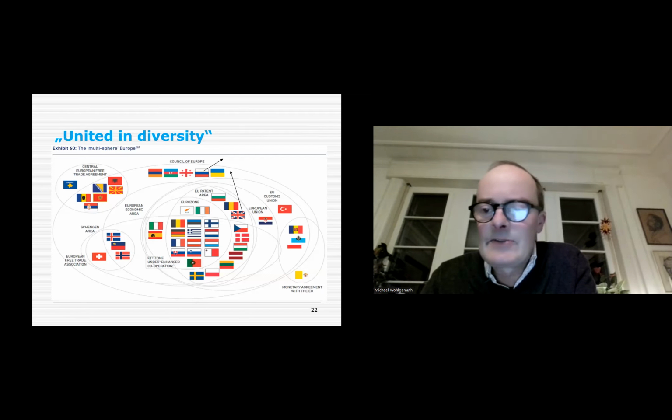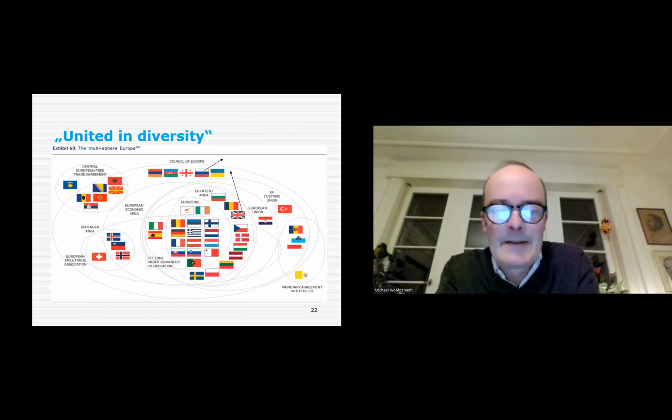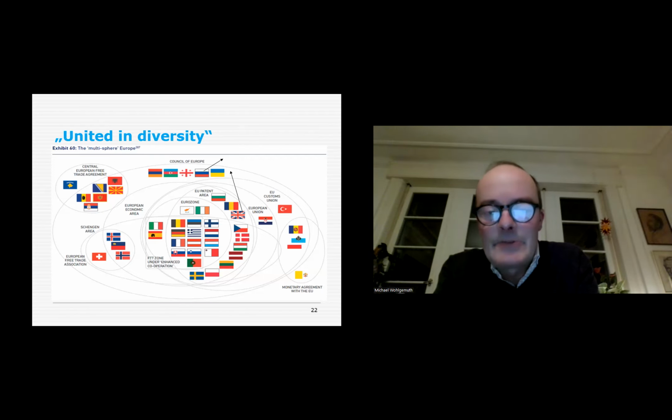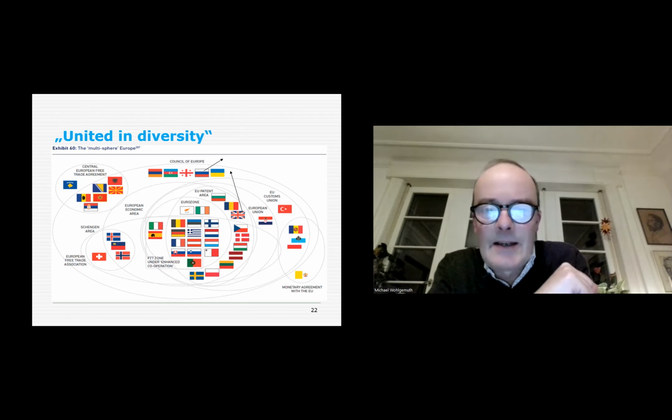And here, finally, this is my final slide. Gerhard already knows it. This is the Europe as it actually looks like. And Liechtenstein is there on the lower left corner. So it has a currency and customs union with Switzerland. It's part of the EFTA, of the association. And other than Switzerland, it is also part of the European Economic Area. Then it is also part of the Schengen area. So in a way, you could say it's cherry picking the right arrangements that are good for it.